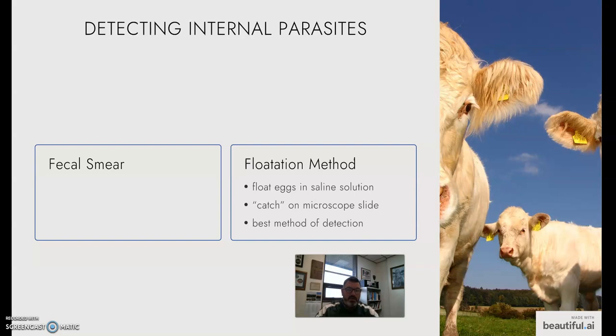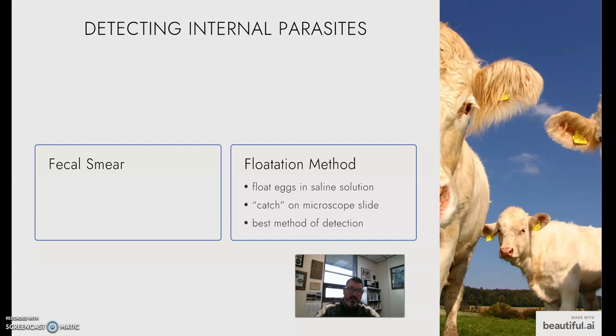And so you can put this in a beaker or a test tube, and as you're irrigating it and kind of mixing it all at the same time, you'll fill the container all the way just to the brim of the test tube, and let that saline solution rise just before it would run over. Those eggs, you won't be able to really see them with the naked eye, but the eggs will float out of that